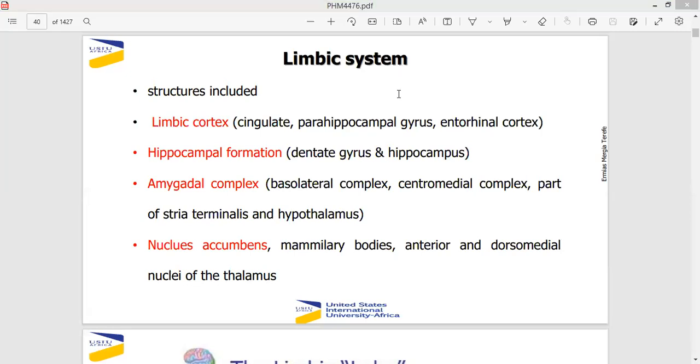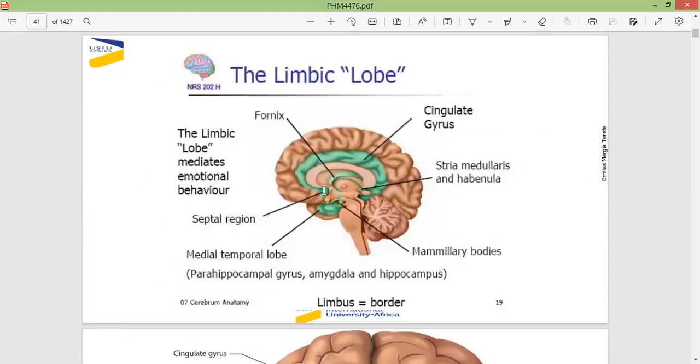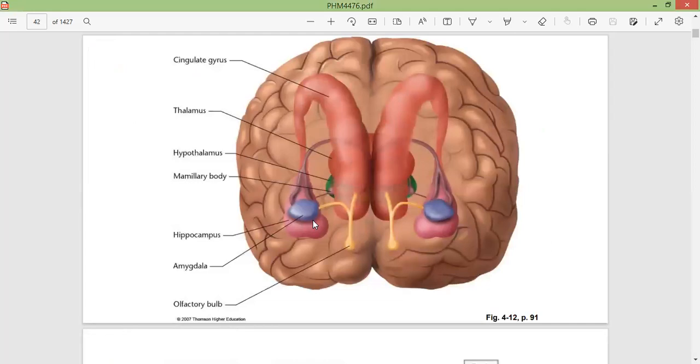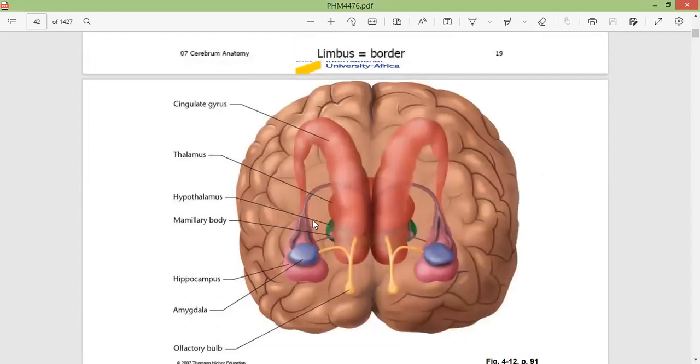Hippocampal formation, and then there's the limbic cortex, the amygdala complex, and the nucleus accumbens. Yeah. So those are the components of the limbic system. And now,